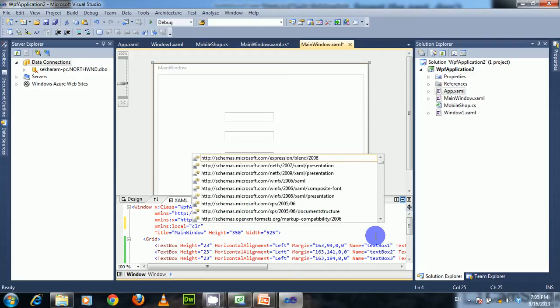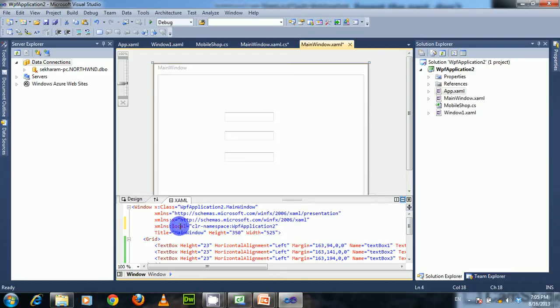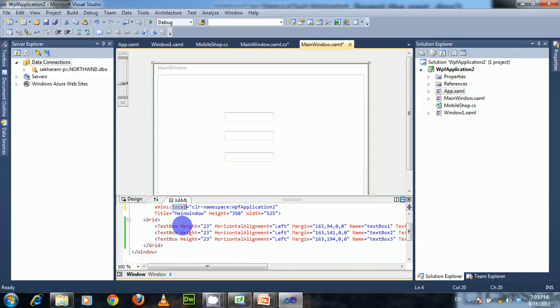Then we need to set the CLR namespace to our project name, that is WPFApplication2. So using this you can access some namespace.